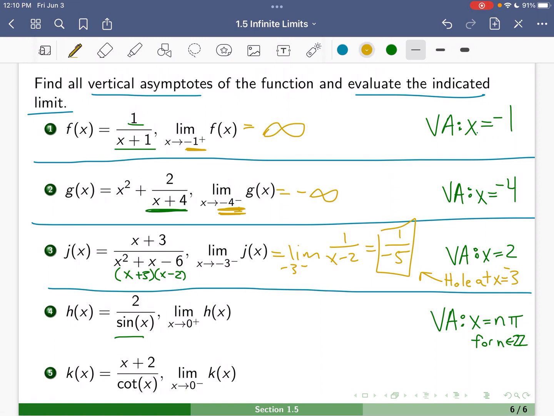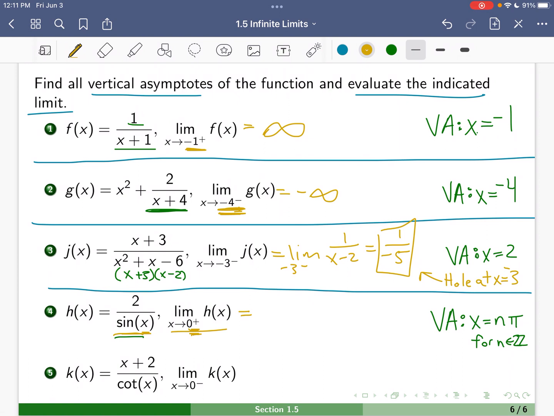We are also asked to find this specific limit, the limit as x approaches 0 from the right. As our x value is approaching 0 from the right, that value x is getting closer and closer to 0, but it's positive. So then the value of sine of x is getting closer and closer to 0 as well. And that is also positive when we are approaching from the right-hand side. So we have 2 over some really small